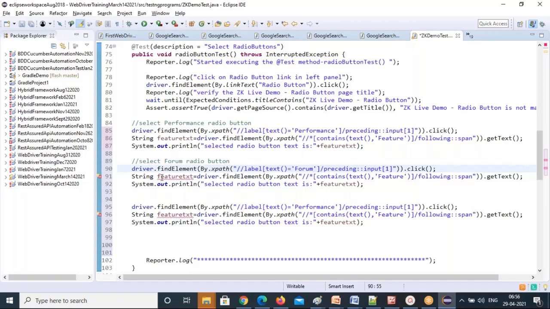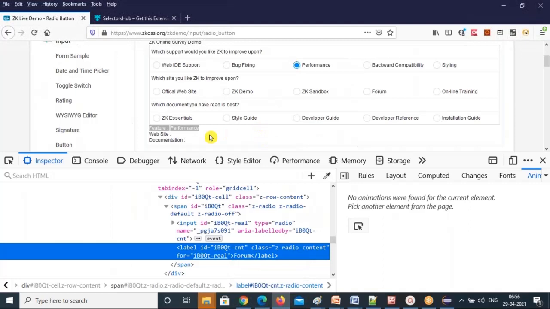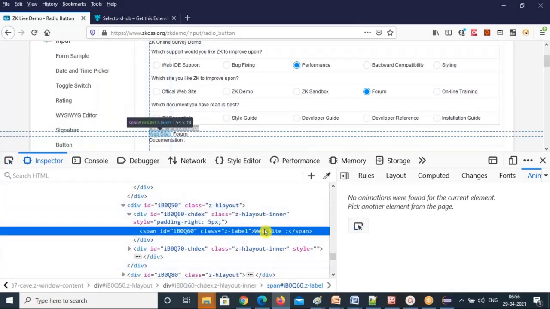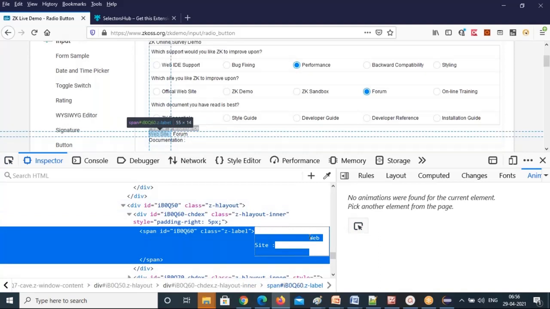Next, here also it will change. This one will change. What is this? Website. So if you select the forum radio button, the value is coming as website. So identify the website text. There are a lot of spaces here.